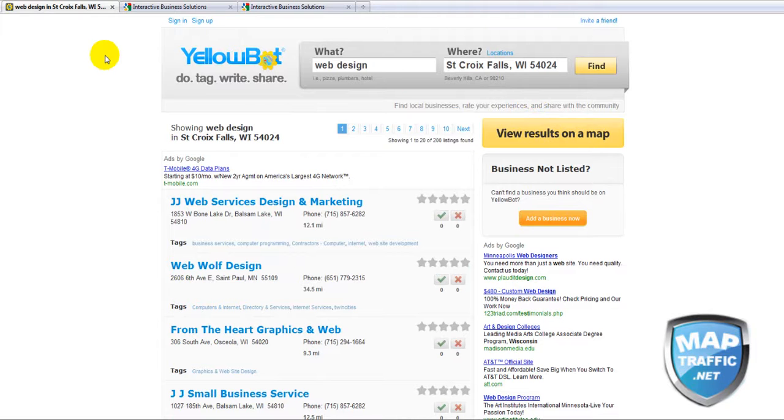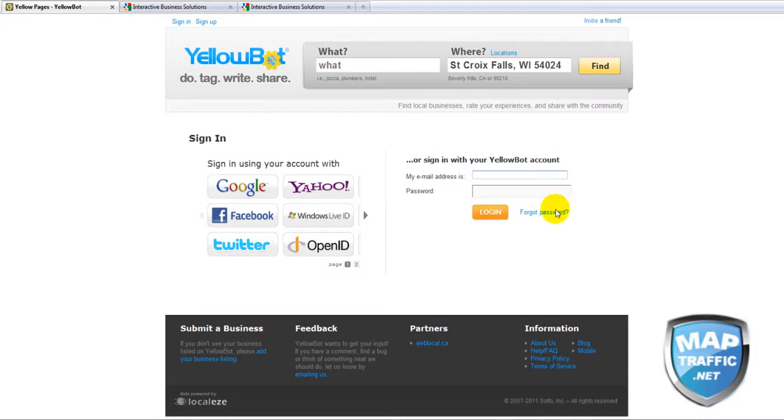So the second step is going to be to click on the Add a Business Now button, and we'll just go ahead and do that. We need to confirm that we don't have a listing in there, otherwise you'll have duplicates, and that can be a big pain. Now for YellowBot, this particular company requires that you have an account with them. So if you don't have an account, it's very easy, just your username, email, and a password, and then confirm your account. But we'll log in here with the email and password,